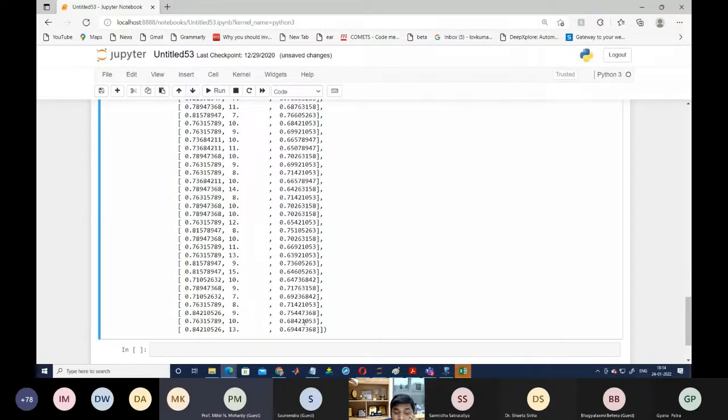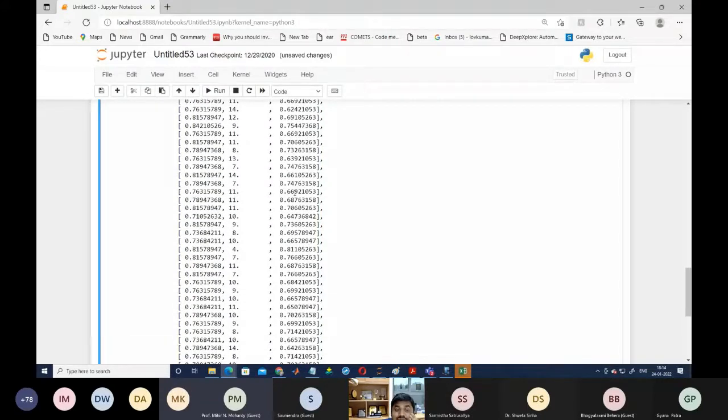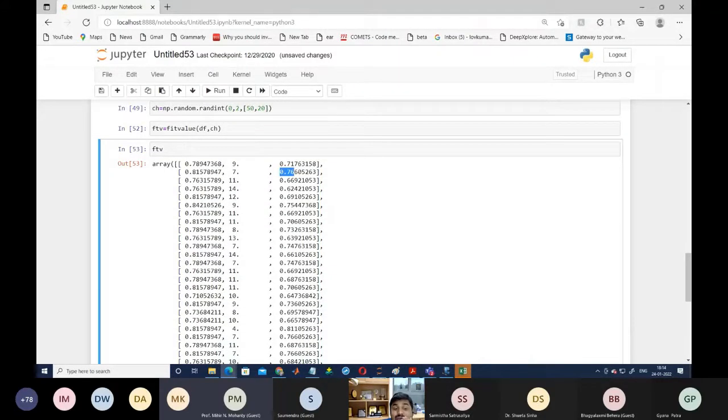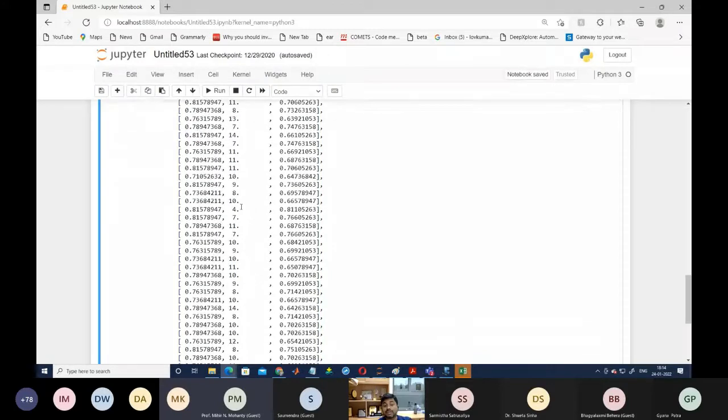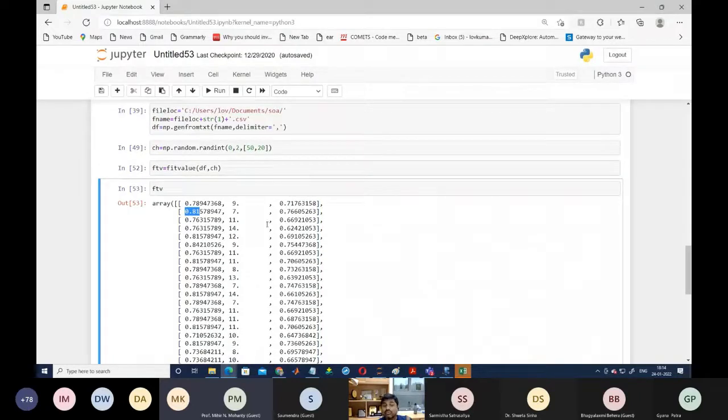And here if we are going to check, in this case we are getting the higher value in the third case. If we are going to check, this is the maximum value, and in which case we are getting the maximum value, we are getting in this case with 7 number of features, we are getting the accuracy of 81%. So here you can see we are getting the number of features, and we are also getting this one. Now we have to find which one is your best chromosome, in which case you are getting the best solution.